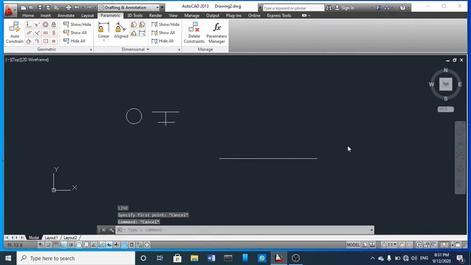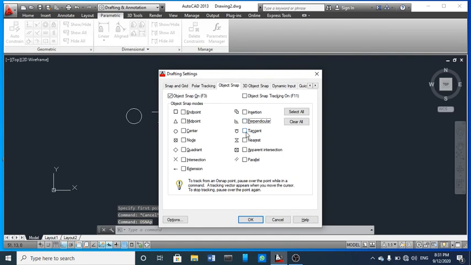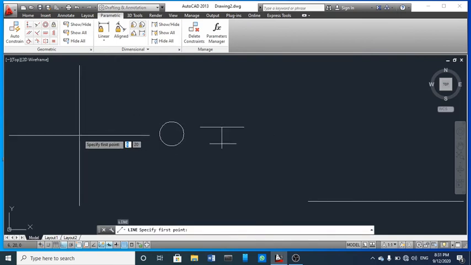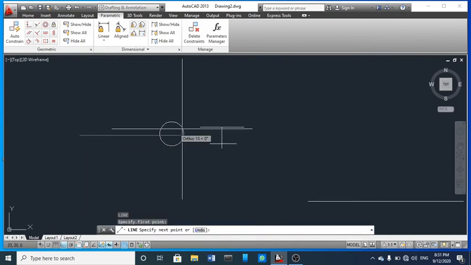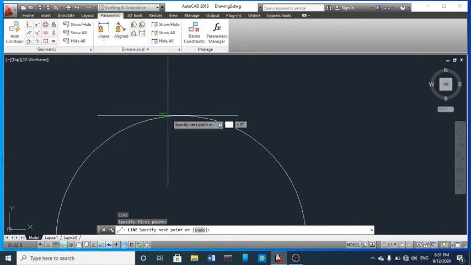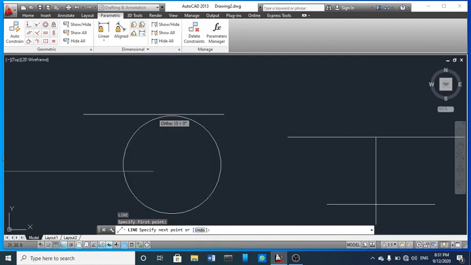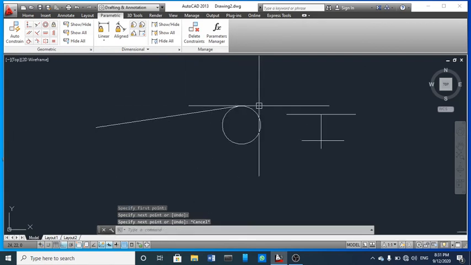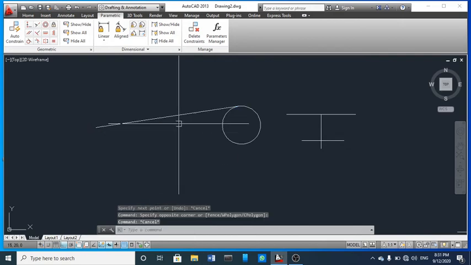Again, I'm going to show you another thing. This is called tangent, so I'm using only tangent. Let's see how we can draw a tangent. I'm going to draw from this point to a tangent on this circle. So here you can see this is the point, seeing tangent. Once I click here, this will join through this circle, these points, and draw a line here. So this is how we can make tangent.